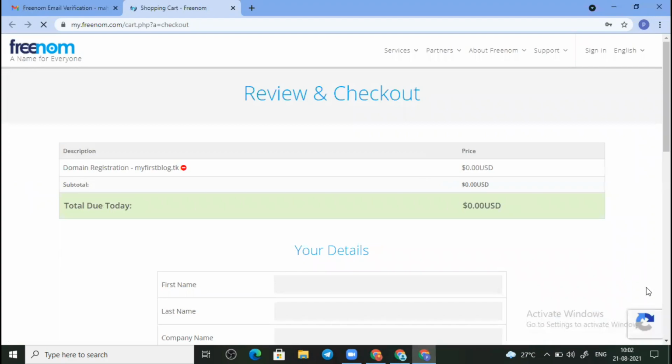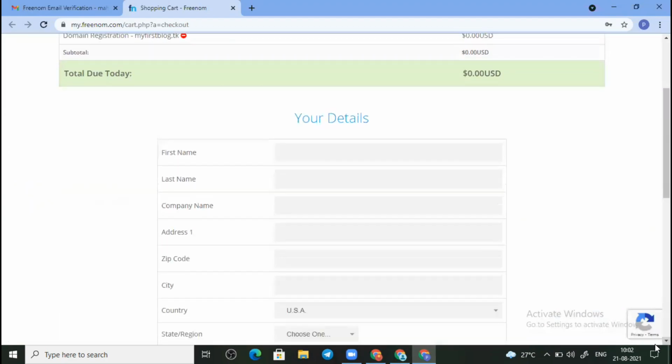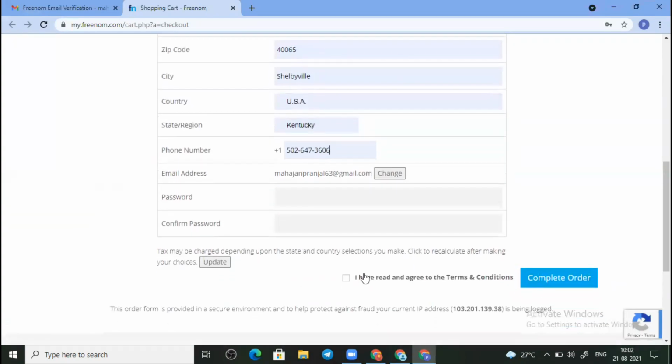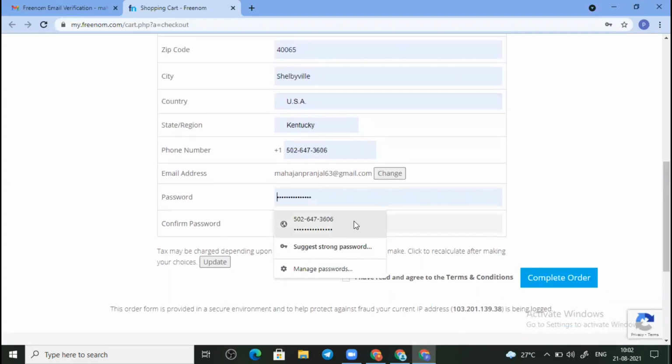Here you have to fill in your details all. So firstly, just select the country India, because if you take the country US and a dummy number, it will not allow you at the creation of account. I'll tell you the reason why you have to use a US dummy number and address as US.